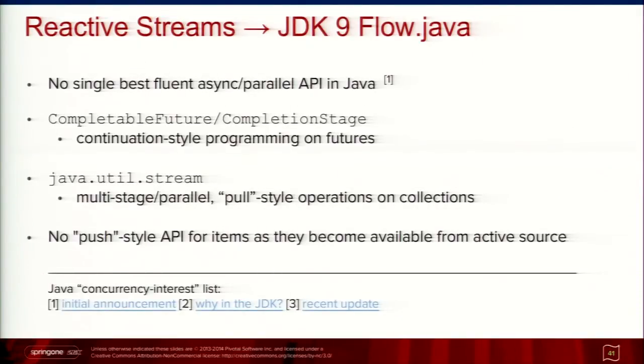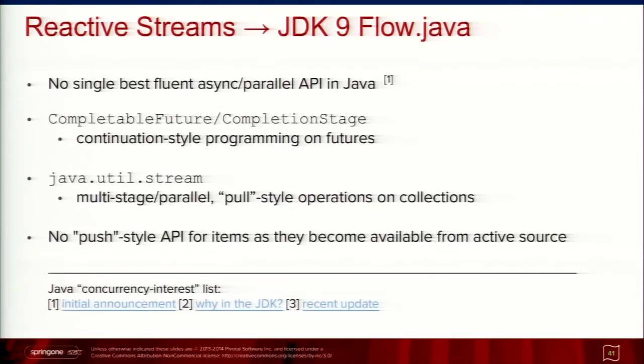For JDK 9, the important bit here is that Reactive Streams is actually going to be adopted in JDK 9. This is going to be part of java.util.concurrent, in a class called Flow.java. All these identical contracts are going to be in there. And you might be wondering why is this going into JDK 9 in the first place? There are a few links at the bottom, so you can read some of the discussions with Doug Lea's answers. But basically, it boils down to the fact that java.util.concurrent's purpose is to deal with asynchronicity and